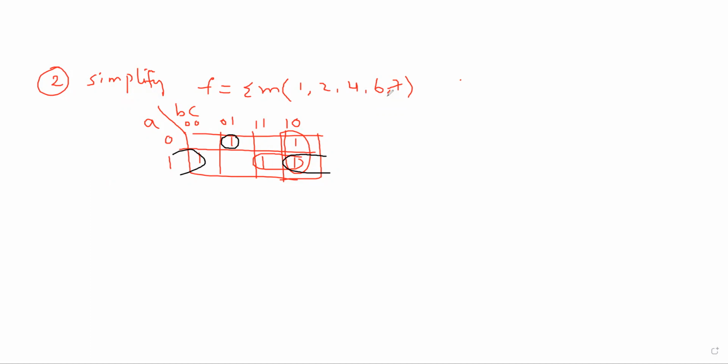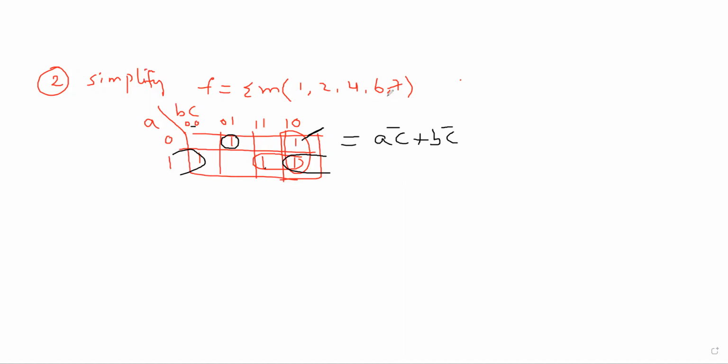Now let us consider the black color one is the first group. That means what is the boolean expression for that? A, if you observe how many columns, two columns are there, which one is common here? If you observe that here C complement is common, plus, now consider this as the next group. If you observe the two rows, therefore we are not going to consider any rows here, then I can pick up B, C complement, only one column.